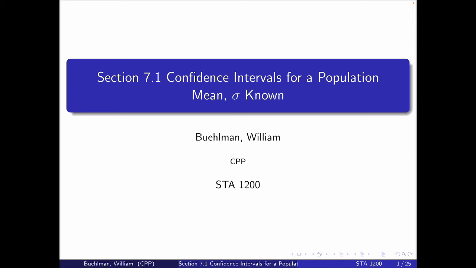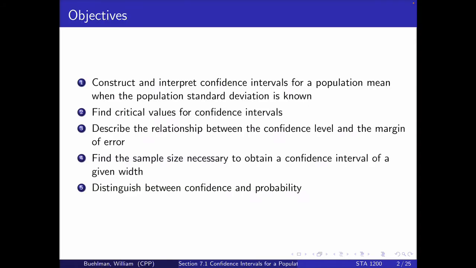I am your instructor William Buellman, and today we are covering section 7.1, confidence intervals for a population mean, sigma known. Our objectives for today are to construct and interpret confidence intervals for a population mean when the population standard deviation is known, find critical values for confidence intervals, describe the relationship between the confidence interval and the margin of error, to find the sample size necessary to obtain confidence intervals of a given width, and to distinguish between confidence